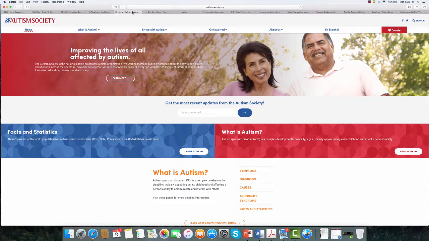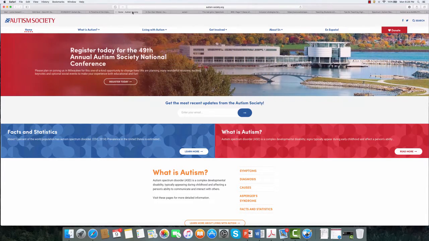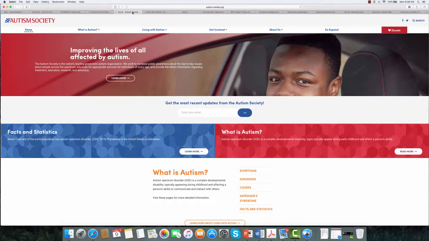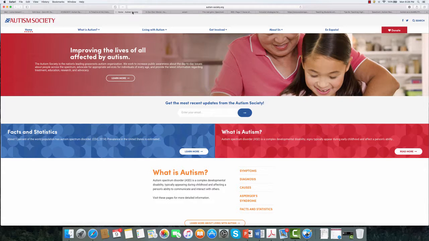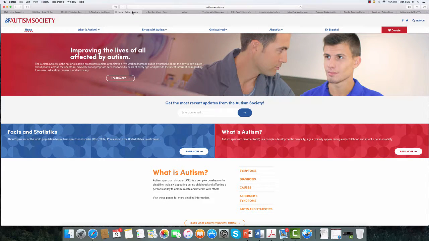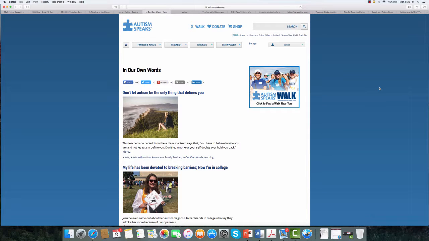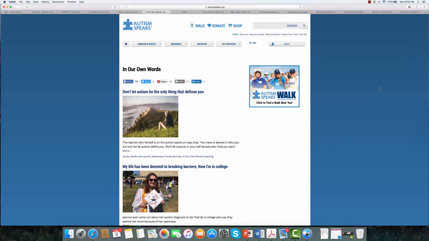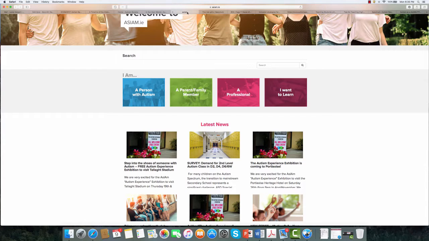The APA characterizes autism spectrum disorder as persistent deficits in social communication and social interaction across multiple contexts, including deficits in social reciprocity, nonverbal communicative behaviors used for social interaction, and skills for developing, maintaining, and understanding relationships. In addition to the social communication deficits, the diagnosis of autism spectrum disorder requires the presence of restricted, repetitive patterns of behavior, interests, or activities.